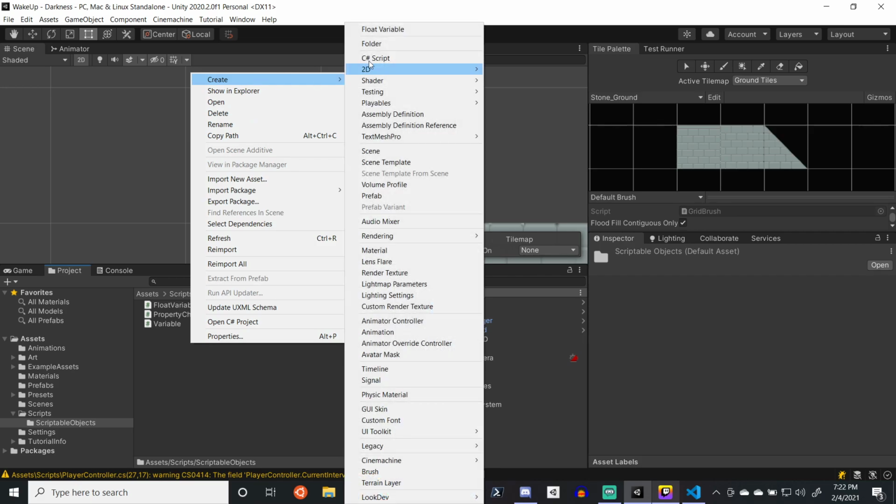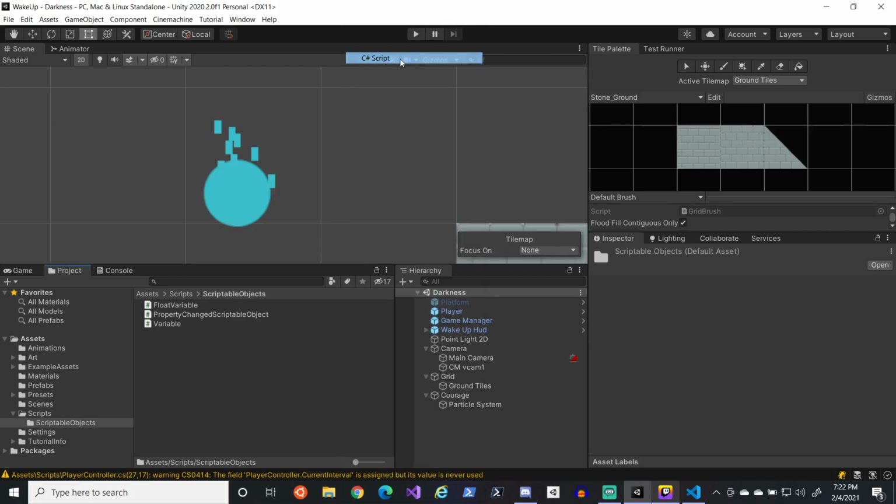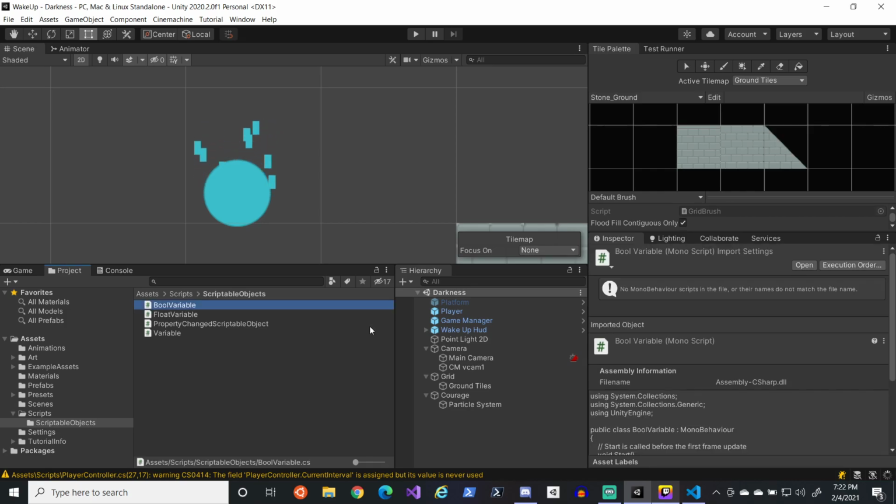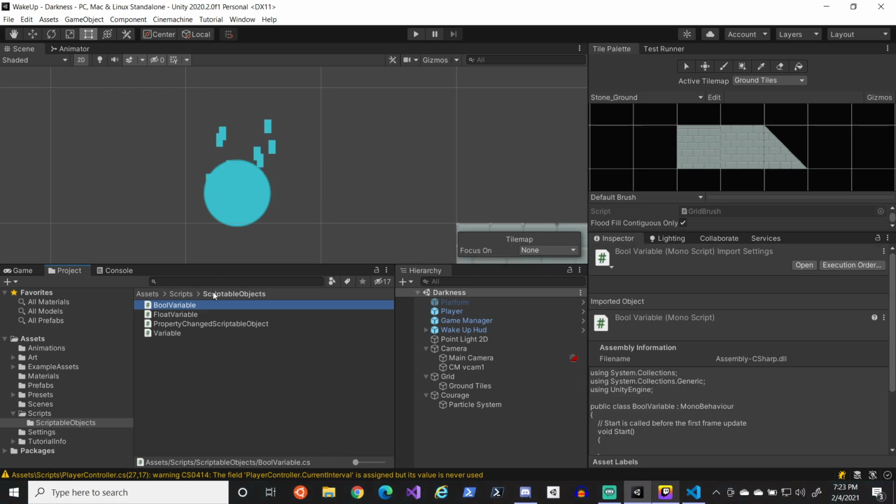So here, okay. We could add something called a bool variable, because normally we would want some sort of on-something event, like on item pickup, right? But in this case, this kind of suffices for now. And in bool variable,